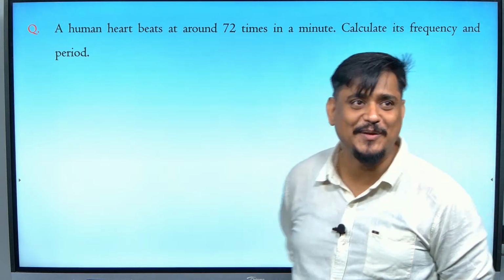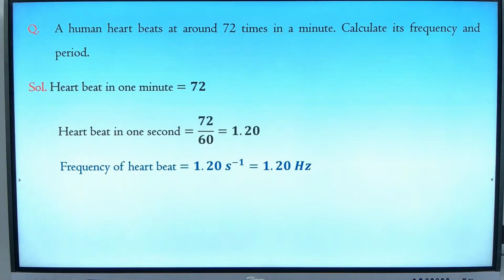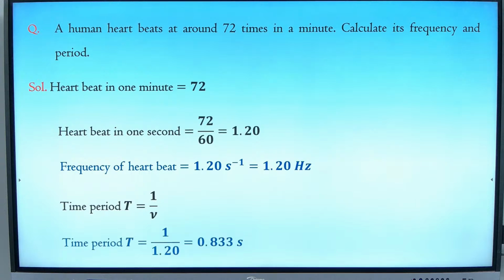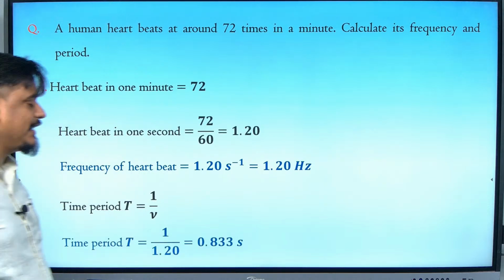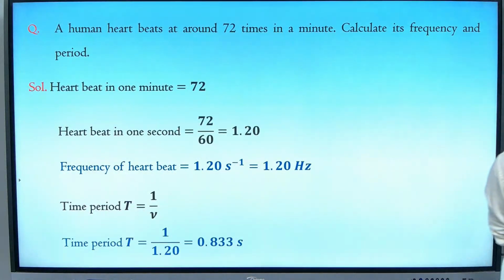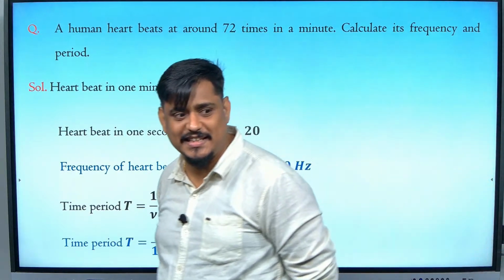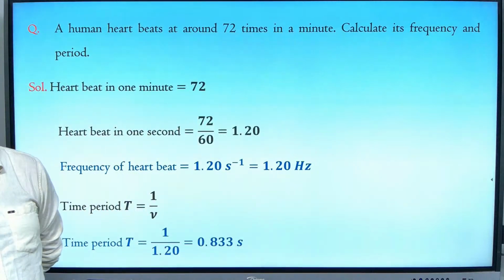Okay. So frequency is 6 by 5, obviously, 1.2, and the time period will be the reciprocal of that, which will be 60 by 72. That will become equal to 0.833 seconds. Very basic 1 mark question. So every 0.83 seconds the heart beats. Obviously, the heart beats at every 0.833 second, less than 1 second.